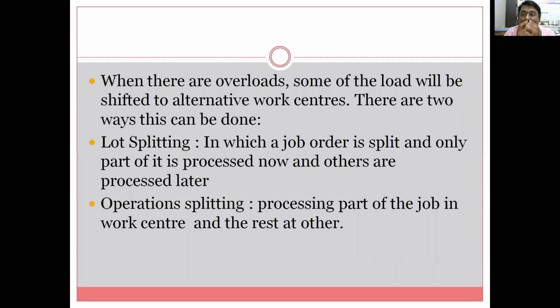30.5 means what? Whatever type of forging or round bar will be there, cutting the round bar and loading it, whether it will be 100% round or not, maybe some ovality, then rough machining, then final machining, and bringing it to the dimension 30.2 or 30.3, and the last only 150 or 200 microns of material removal by the help of CNC. This will reduce the time on CNC also, and the 30 lathe machines and 2 CNCs can be balanced. So this we call operation splitting, processing a part of the job in one work center and the rest at the other. This example can be considered for operation splitting.